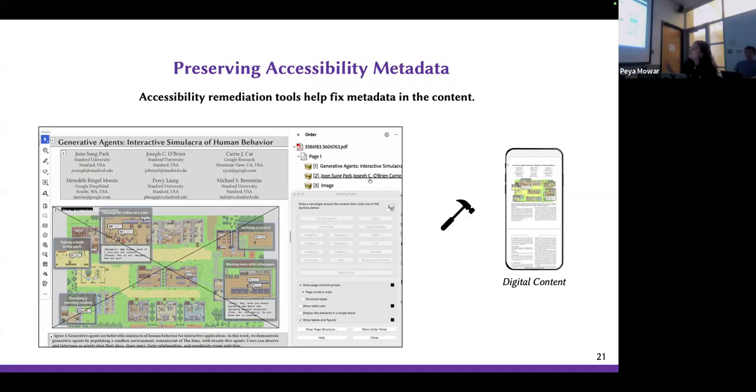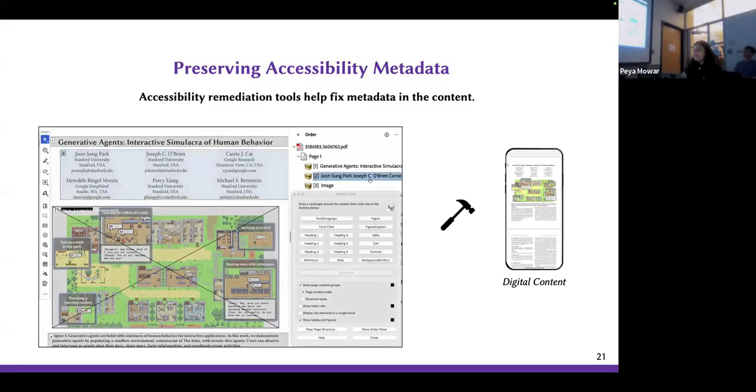This is a tool which a lot of users use. We as researchers might also use Adobe Acrobat to provide different kinds of tags in a PDF. These tags are the bounding boxes that are shown on the screen, which classify what information it contains and how it is read by a screen reader.